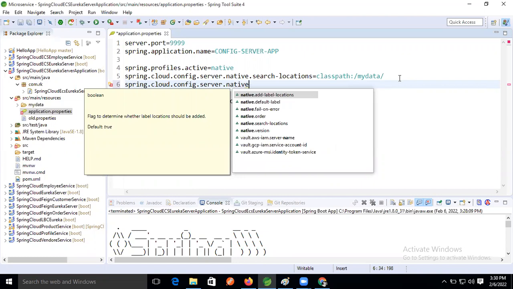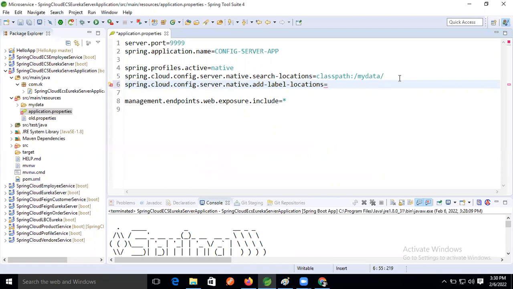Native label location, search label location, right? This one you're talking about? Rather than cloud, directly one thing will come, spring dot config dot location. That one I was asking.